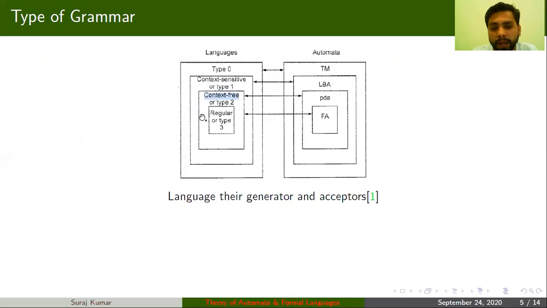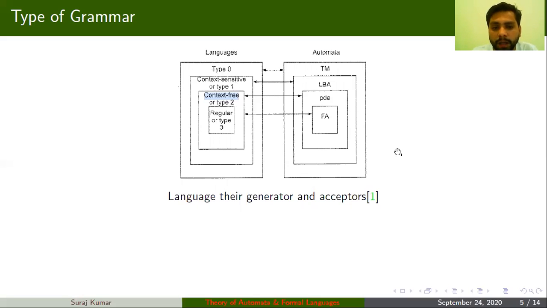That's why regular language is the simplest language, and that's why we studied regular language first. Similarly, recursive and recursively enumerable languages are tough or complex languages, but their grammar is very easy, so they are called type 0 grammar.